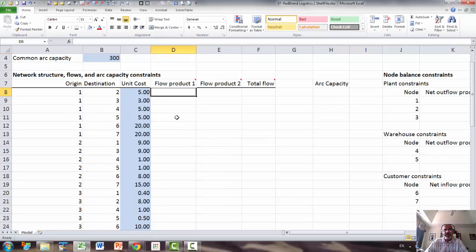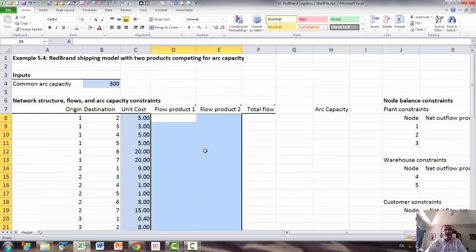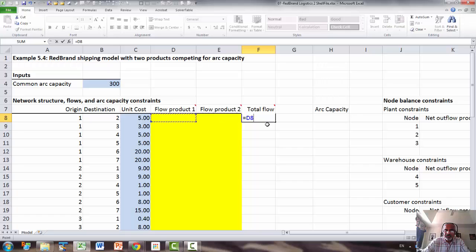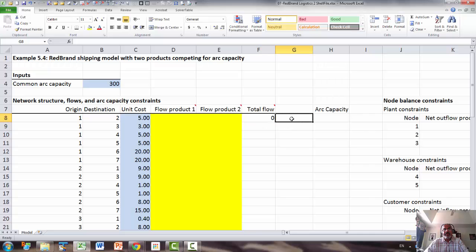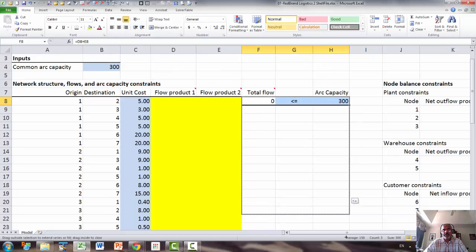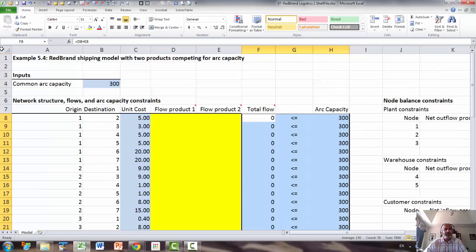Then we have two flows, flow for product 1 and flow for product 2, which we have to determine as changing cells. Then when you add the two flows, that will give us the total flow, and that should be less than or equal to the arc capacity, which is the common arc capacity. So let's copy this. Okay, now let's name